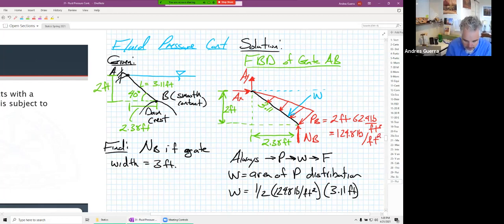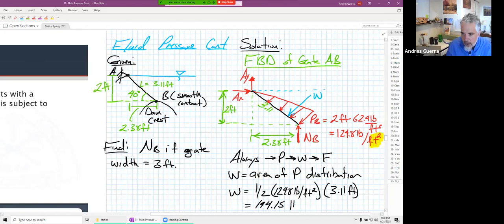I'll write it and let me highlight it right here. That should be foot squared right there on the far right side of the screen. So yeah, W is just the area of the triangle. The height of the triangle is PB. The 3.11 is the width of the triangle. When we plug all that in there, we're going to find that W is equal to